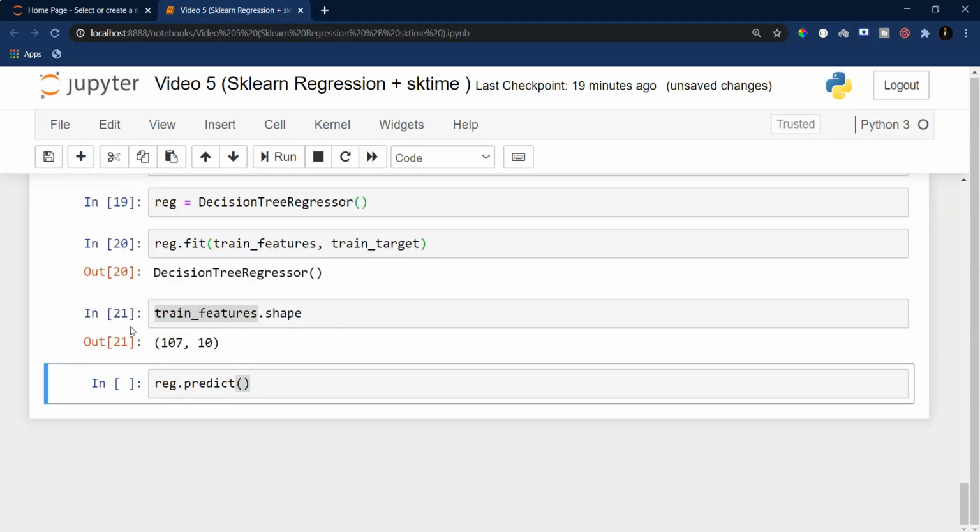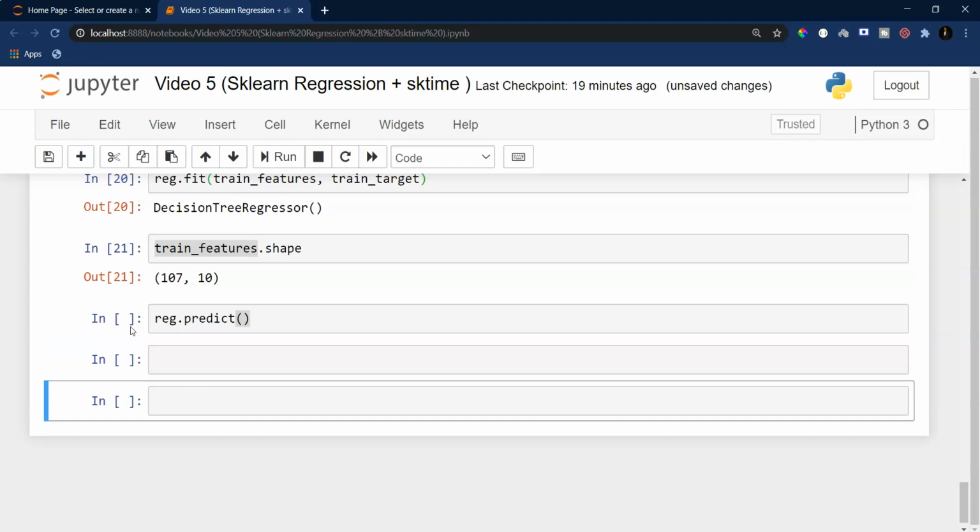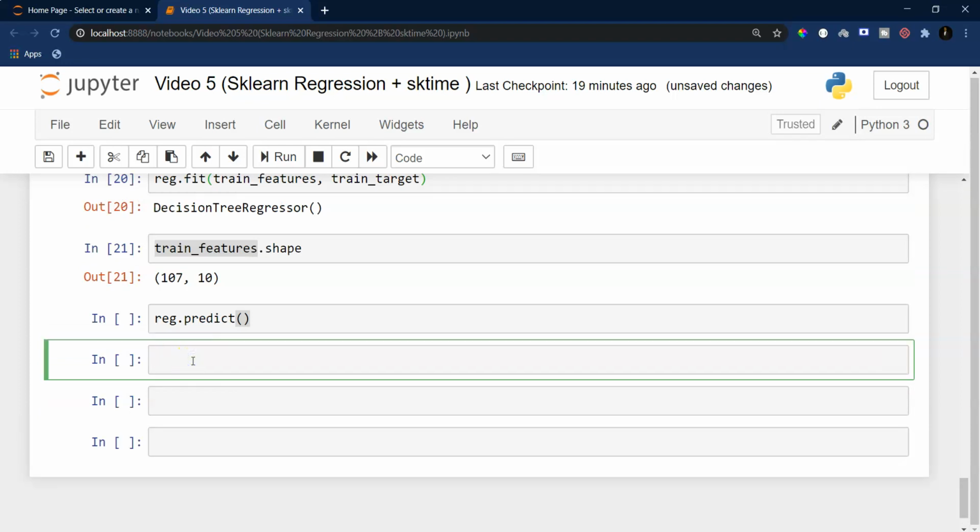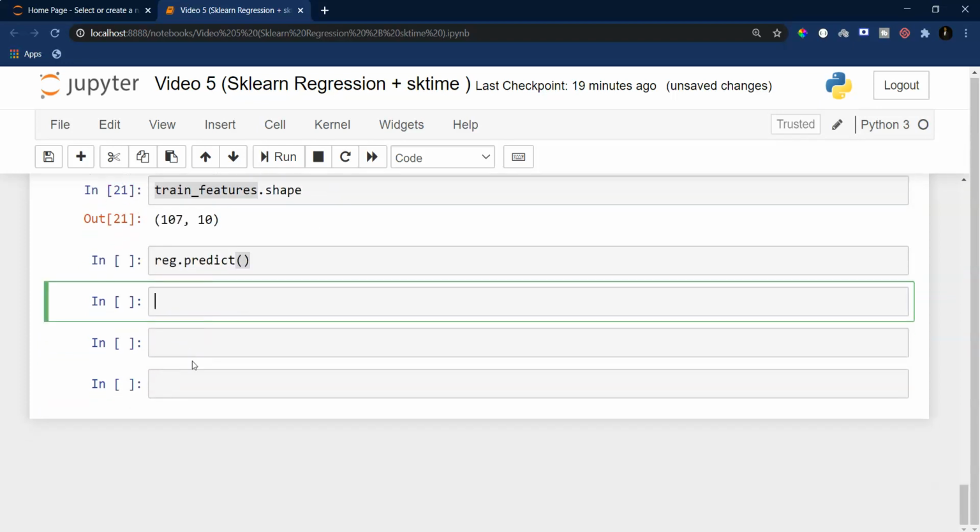Okay, so what I am going to show you now is an alternative way of doing the same things using the sktime library. Since this video has become really long, about 20 minutes, in the next 5 minutes I want to very quickly demonstrate how we can use sktime to do the same kind of stuff. To understand more about the commands that we are using, we are going to explain those concepts in the next video.